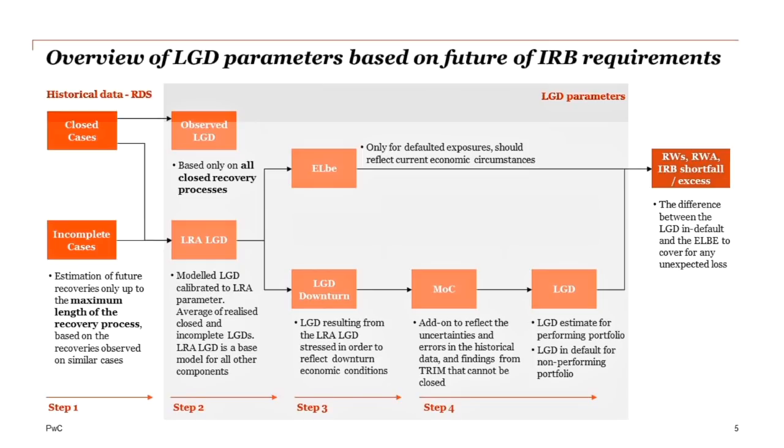The difference lies in the fact that we need to account for the differences between the best estimate LGD and the average LGD for the performing portfolio, simply because for any surge of expected losses in the near future, for the next 12 months, the difference we have to account for is the shortfall for IRB capital requirements, and that needs to be again covered by additional risk-weighted assets, henceforth by additional capital.